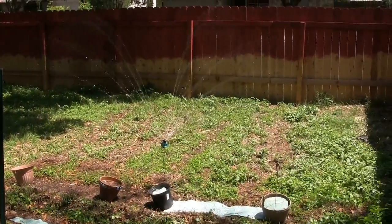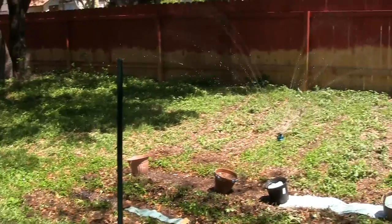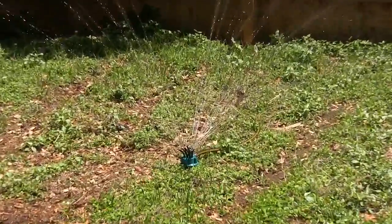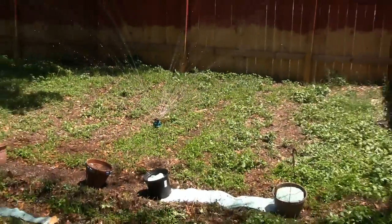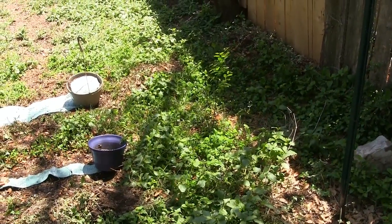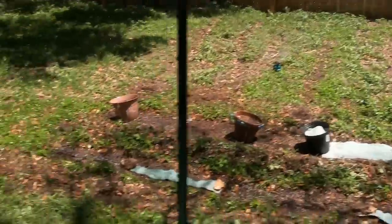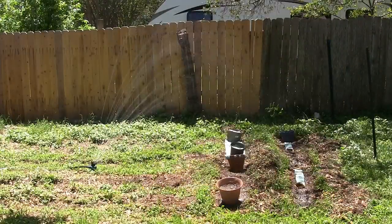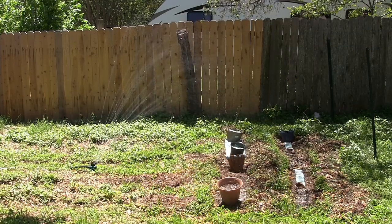Here I've divided it, I tried to get it to go into basically two main places. One was over here. One was over here, but it's hard to get all the noodles to point in pretty much the same place. They do cover a fairly large area. That's how they're divided out. And this is the spray pattern I'm getting. So even all pointed together, maybe a 3 by 3 foot area at this distance, at about 10 feet from the sprinkler, is the narrowest area that it can water. So if you have a specific sprinkling layout that you need taken care of, this may be what you need if you need to hit 2 or 3